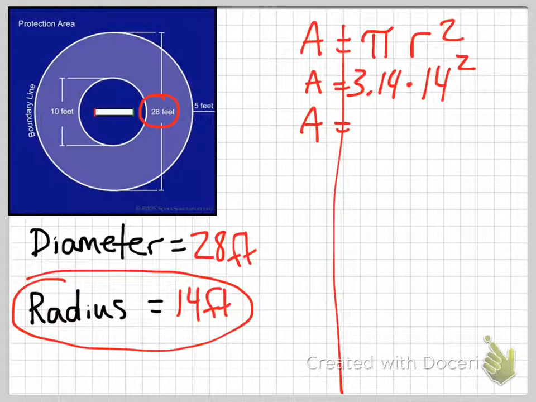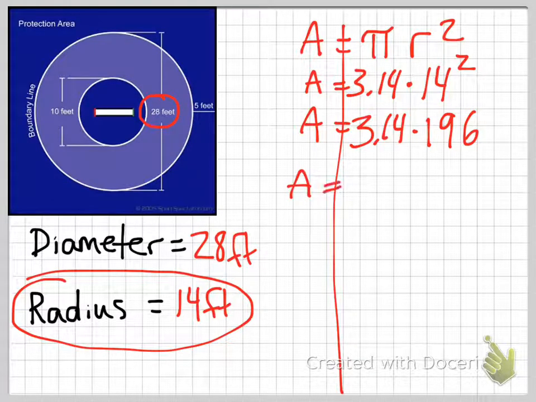And when you multiply 14 by 14, you're going to get the number 196. So now we have 3.14 times 196. Then you go off to the side, you do that little multiplication problem, and you're going to get an answer of